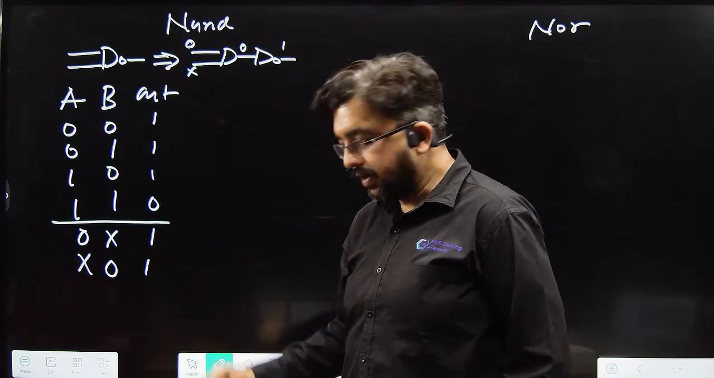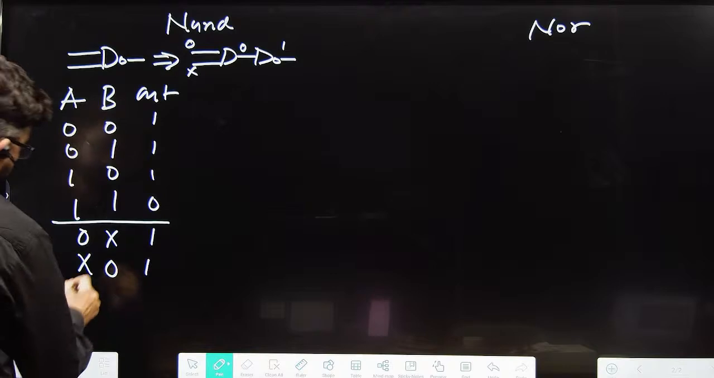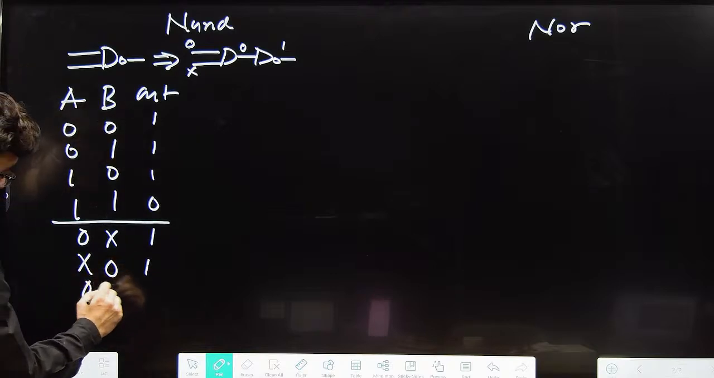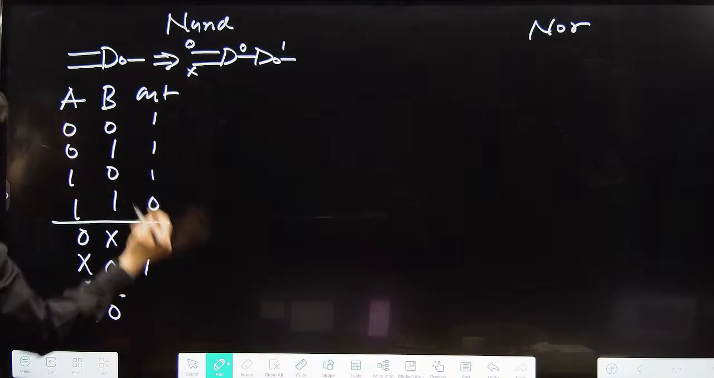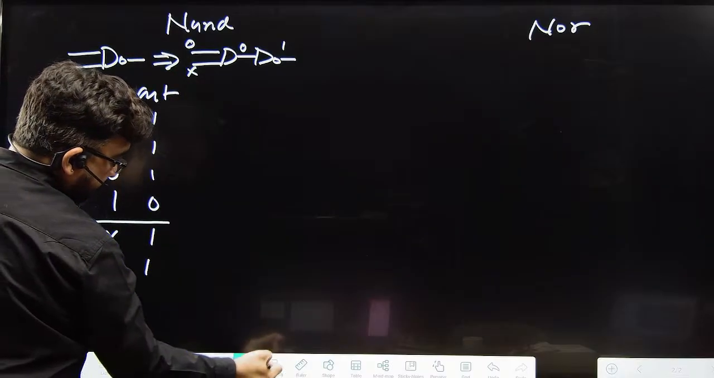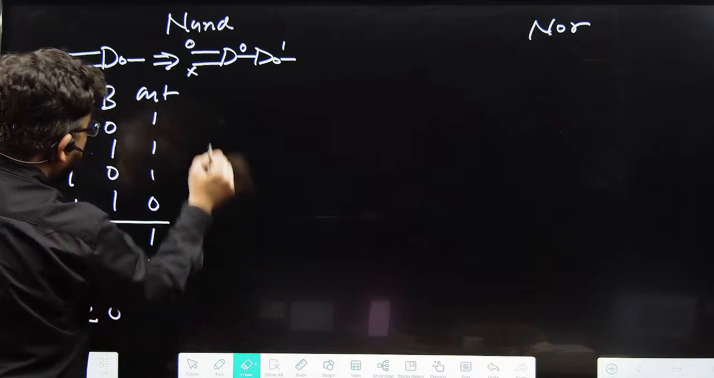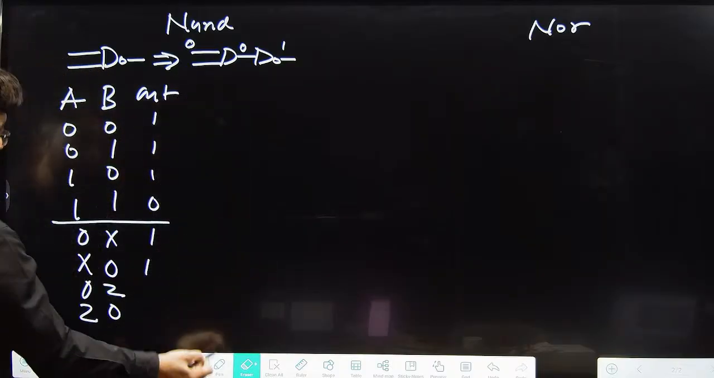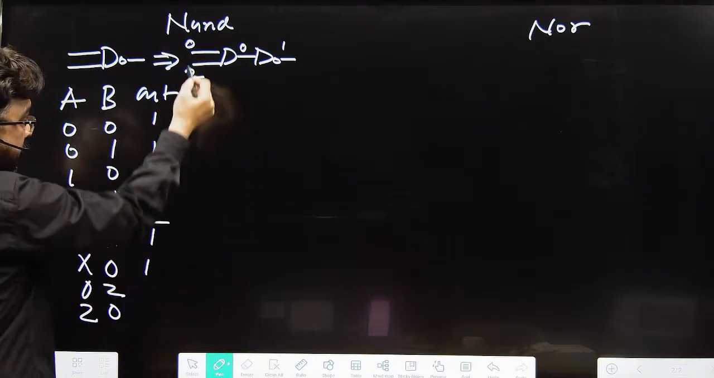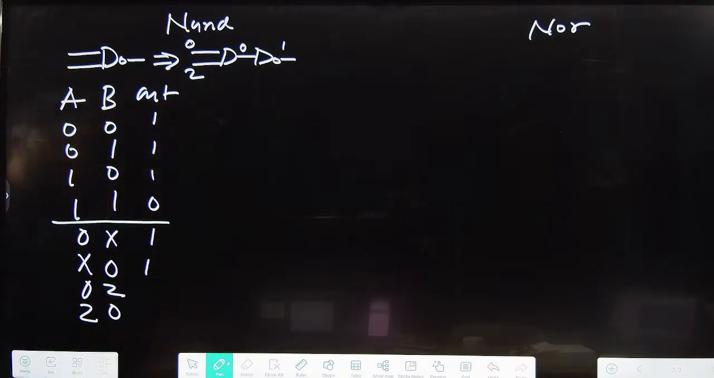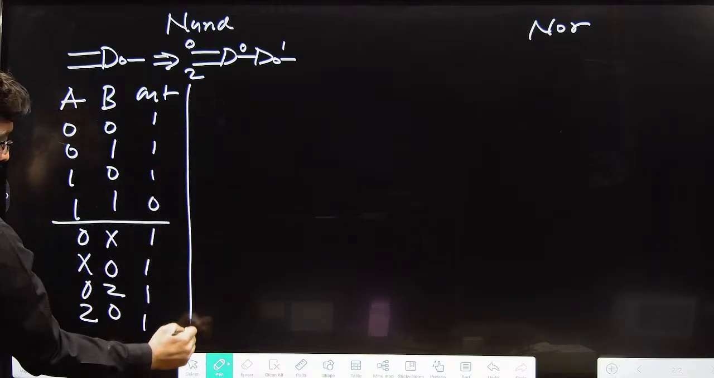Very simple. Similarly, 0 and z, same case. For 0 and z in the AND gate, priority is given to 0, and 0 passed by the inverter is 1. But now the situation is changed